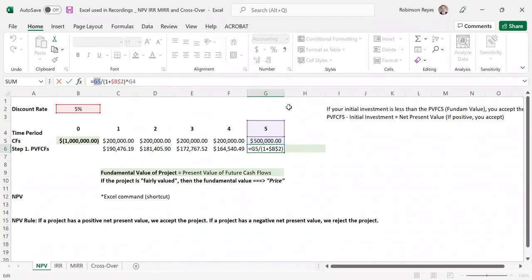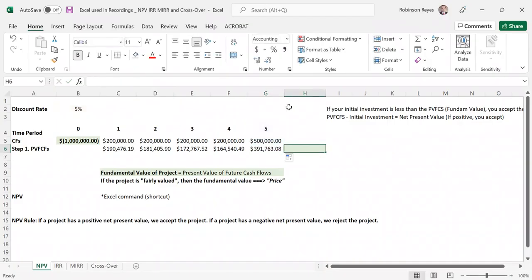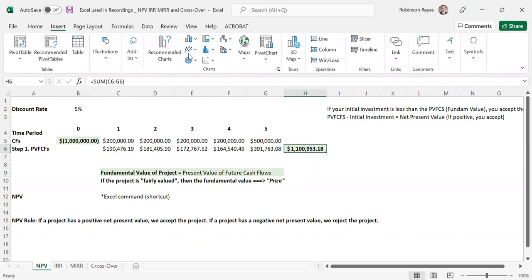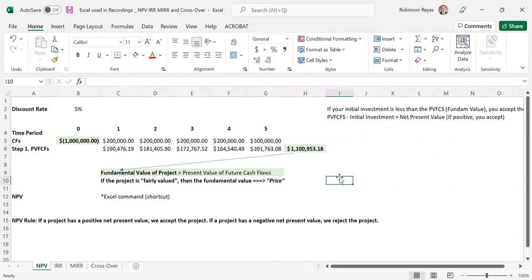So it's perfectly fine. Right now, what is the present value of the future cash flows? We need to add all of these individual present values, and this is the present value of the future cash flows, right? And now, what is the net present value? So that is the fundamental value, by the way. Okay, so if I add this, let me see. Perfect. So now this value that we have here is the fundamental value of the project,